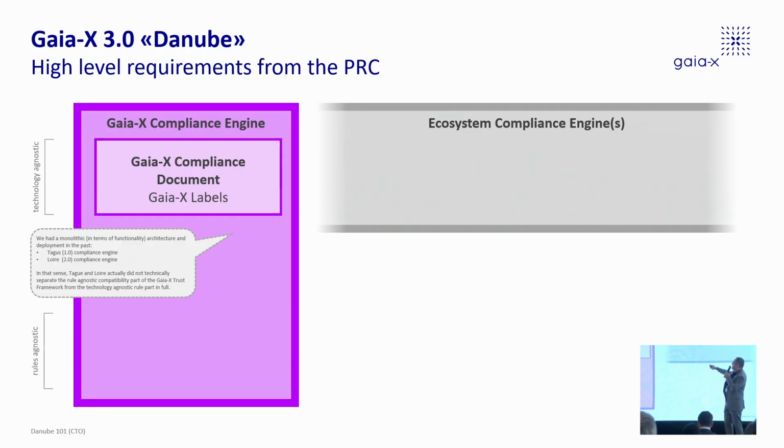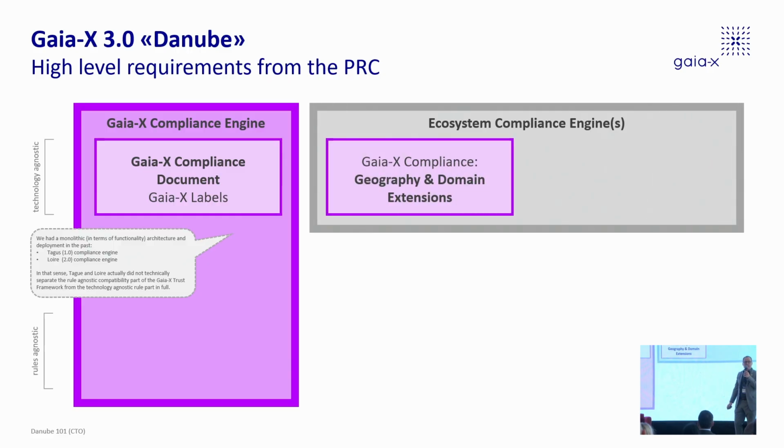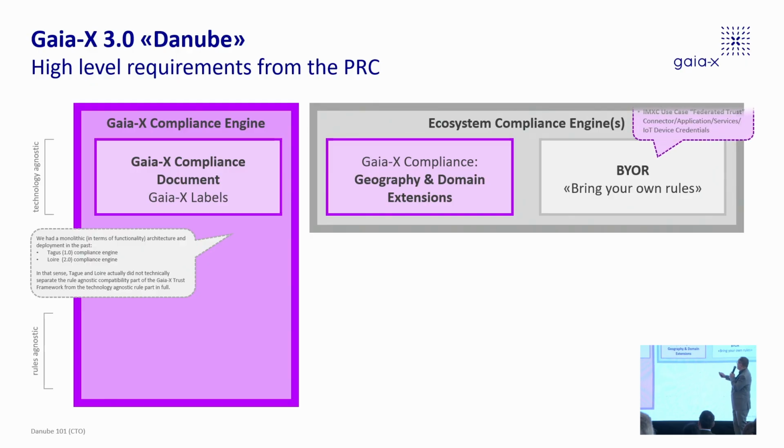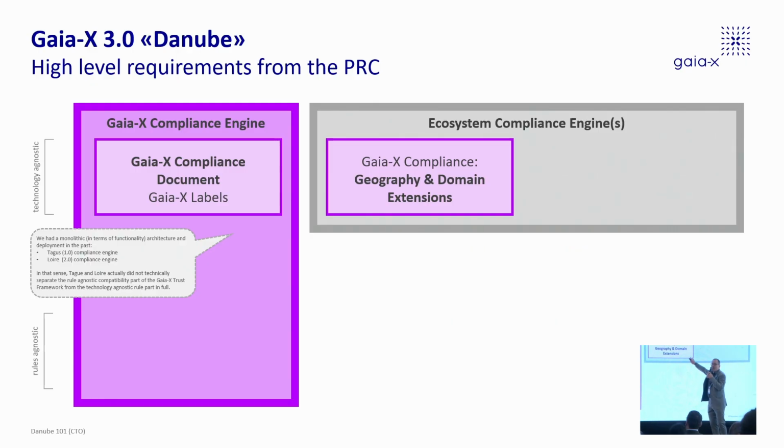And then we had the people of the PRC, rightfully in my mind, that was the best decision ever. Talk about more Gaia-X determined and Gaia-X value following, European value following extensions. So where the board of directors would even check the rules. We are still at the level of the technology agnostic rule book of an ecosystem of a data space. This is where the rules are described.